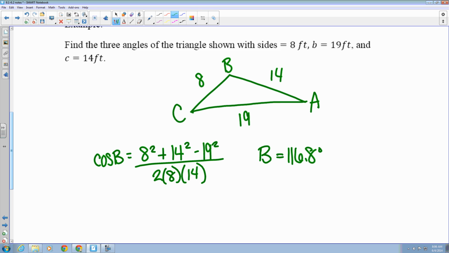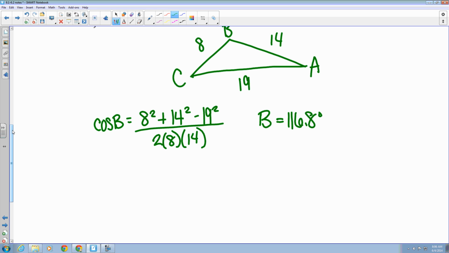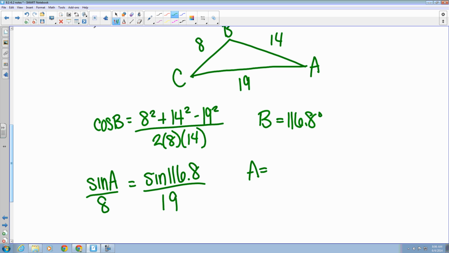Once you get one pair, it's an oblique triangle, so once you have a pair, you can use law of sines, and it's easier, so I would recommend that. Let's say we want to find angle A next, using our pair of B's. So if I want to find angle A, I'm going to put that on top of law of sines. Sine of A over 8 equals sine of 116.8 over 19. Cross multiply, take the inverse sine, and angle A is